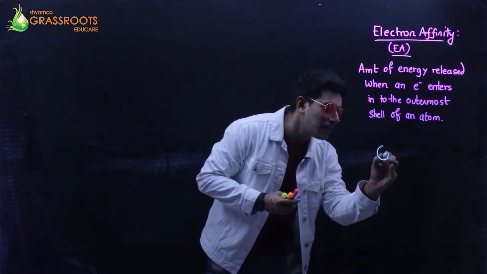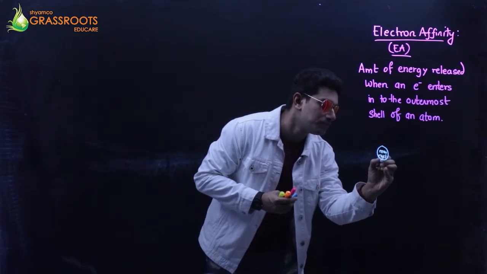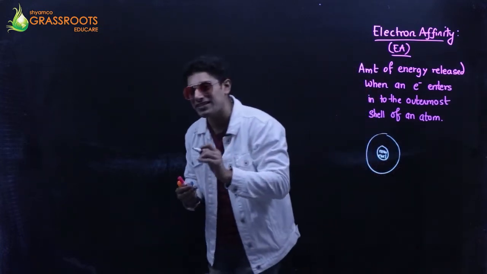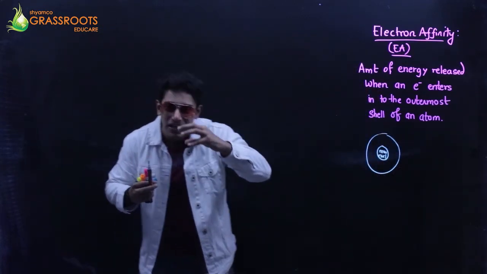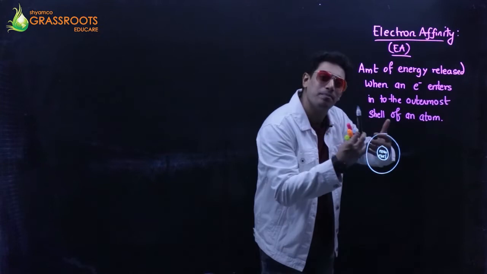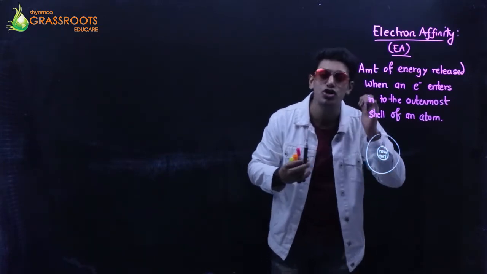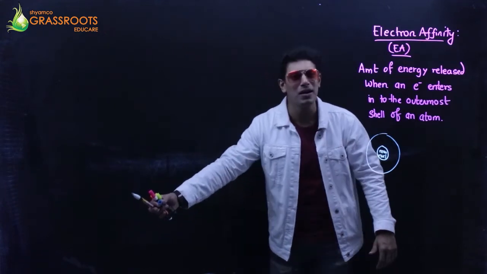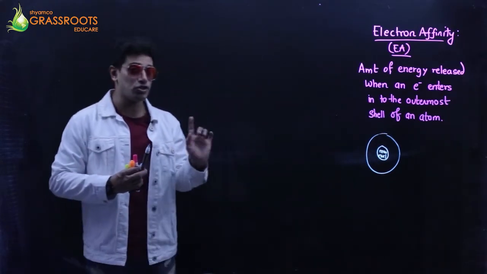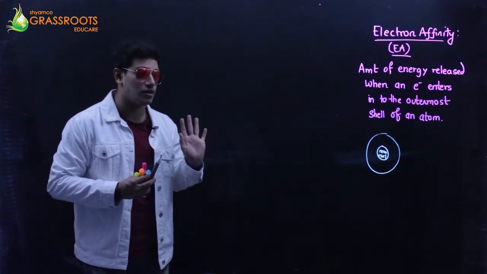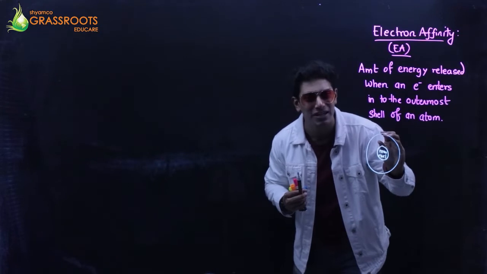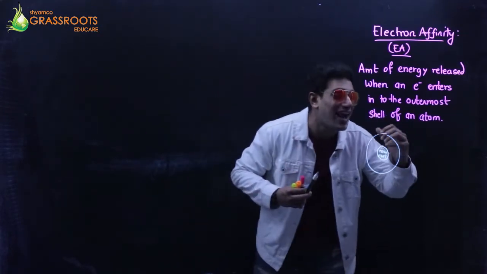Listen now. There is again that mother nucleus, nucleus, and the outermost shell. You remember the sun had left the orbit in ionization potential. The bad man came, he offered chocolate to the sun, and he took the sun away with him. Now the sun realizes, I miss my mom. I want to go back to my mom. So mom puts a condition. Listen, son. If you want to enter back into the orbit, the electron needs to enter back into the orbit. Can I say the energy has to be released?